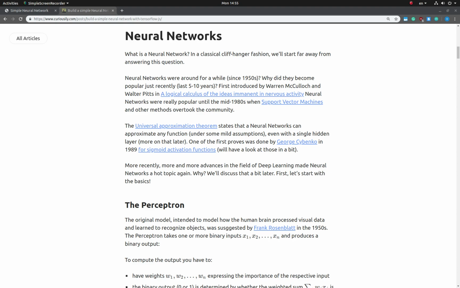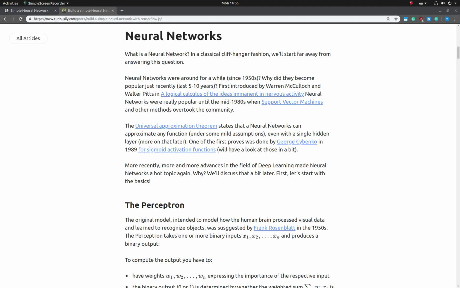Hello everyone, today we're going to have a look at what neural networks are, what artificial neurons are, what type of artificial neurons there are, and how to compose multiple artificial neurons and create neural networks from those. Okay, so the first thing that we are going to have a look at is a bit of history about